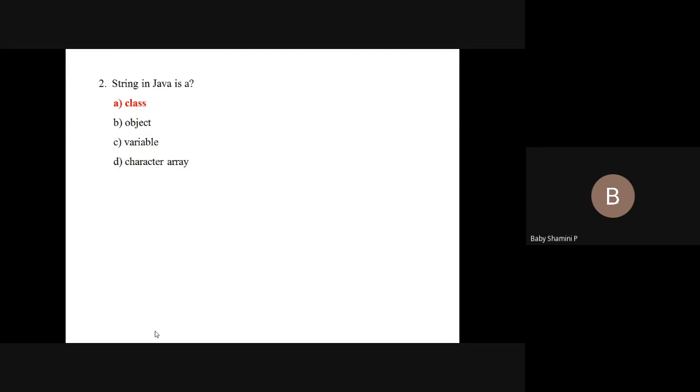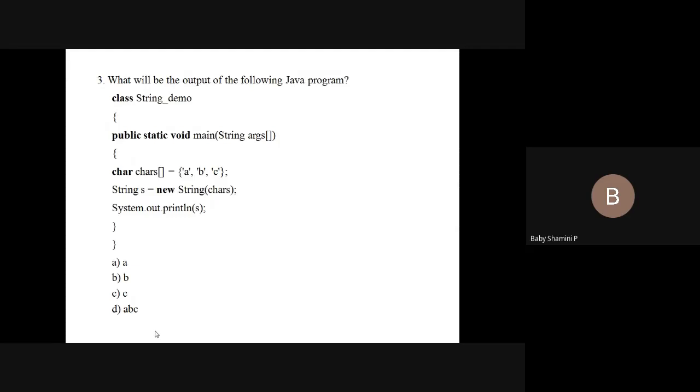Next one: what will be the output of the following program? Here we have a character array A, B, C. From that, we are going to form a string: String s equal to new String(chars). We are going to print s. What is the output?